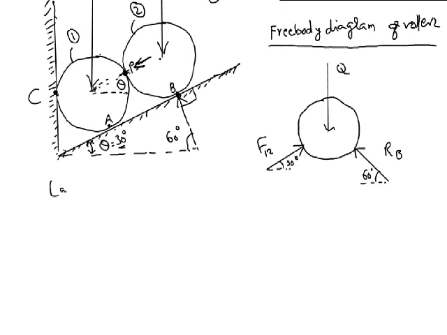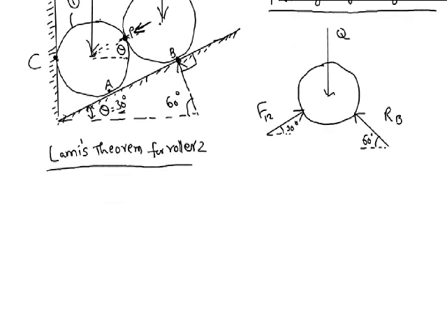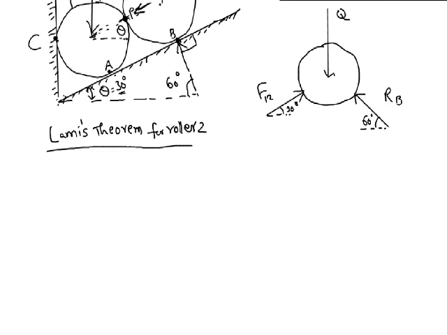So now we can apply Lamy's theorem for roller 2. To apply Lamy's theorem for roller 2, you will draw the forces as shown. Force Q going down, force F12 going up like this, and force RB going like that. So this is F12, this is RB,